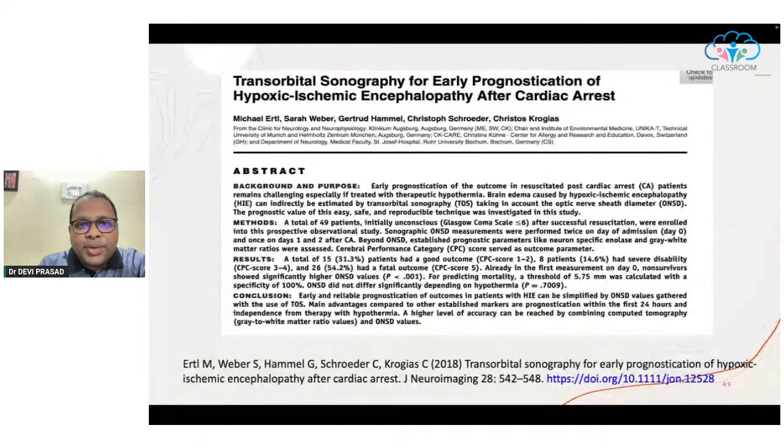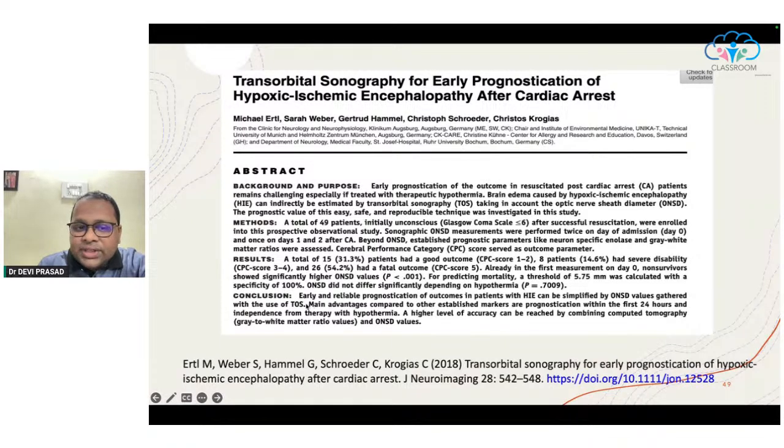This was a study on transorbital sonography for early prognostication of hypoxic ischemic encephalopathy after cardiac arrest, done by Ert et al. A total of 15 patients had a good outcome, in comparison to the 49 patients who were initially unconscious with a GCS of less than 6. They concluded that early and reliable prognostication of outcomes in patients with HIE can be simplified by ONSD